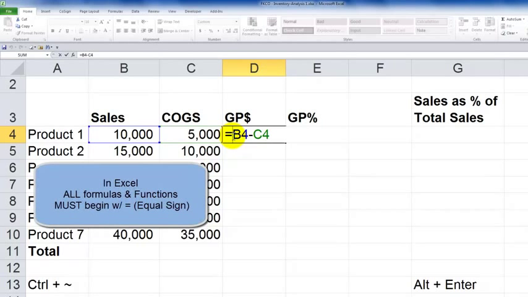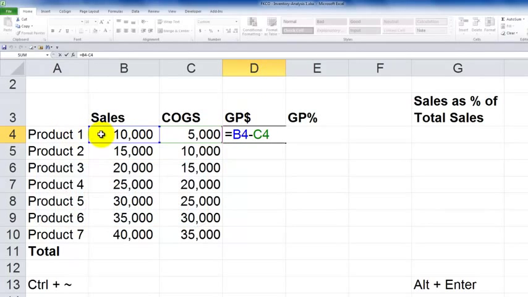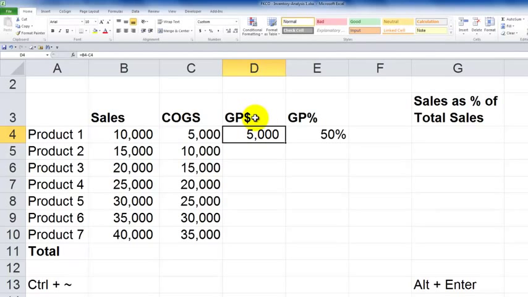That is a must. In this case, we want to compute the gross profit dollars for product 1. So in this row, we want to make a cell reference to the sales for product 1. In this case, it's cell B4. We want to use an operator. An operator could be plus for addition, minus in this case for subtraction. It could be a forward slash for division or an asterisk for multiplication. So our operator in this case is the minus sign. We want to subtract from sales the cost of goods sold